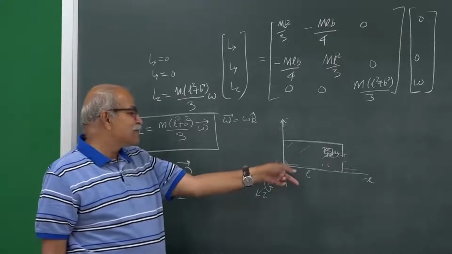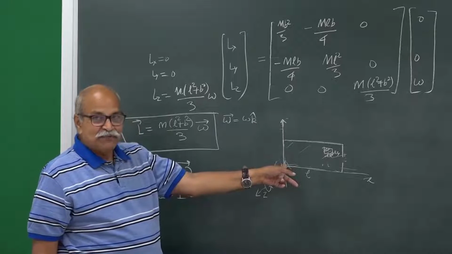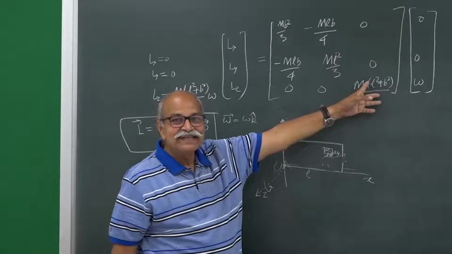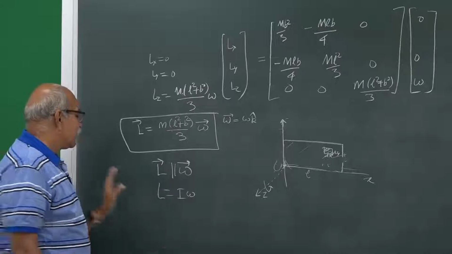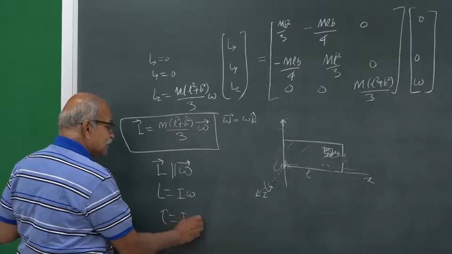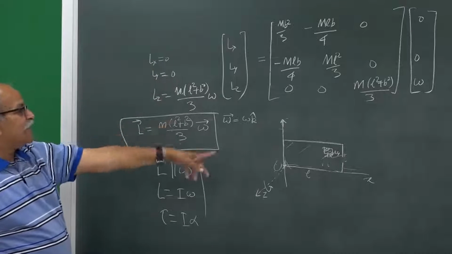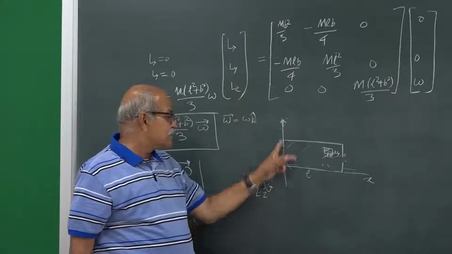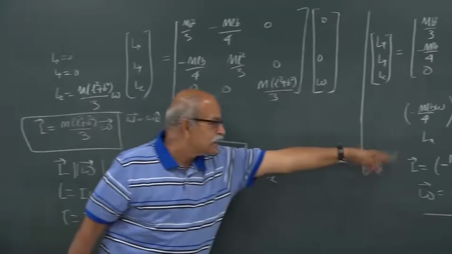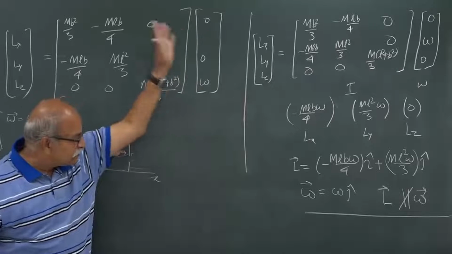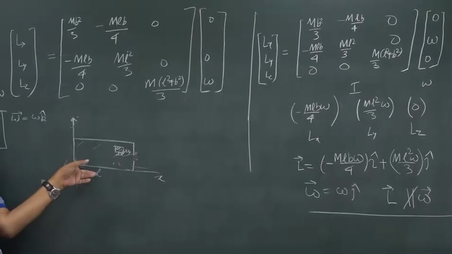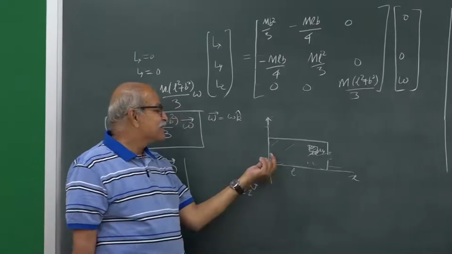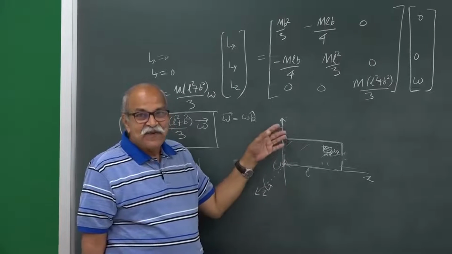About this, what is the moment of inertia about the z axis? Use the perpendicular axis theorem and here it is. This is the moment of inertia about z axis. So, L equal to I omega, torque is equal to I alpha, all those things can be applied in this case. The same plate, the same origin. But if the rotation is about this y axis, you need product of inertia and L is not parallel to omega and things are very complicated. But if the axis of rotation is z axis, very simple life. So, what is so special about this z axis which is not there in the y axis?